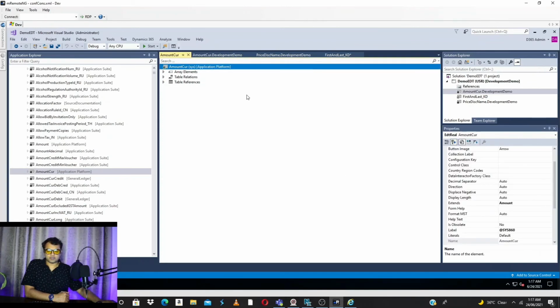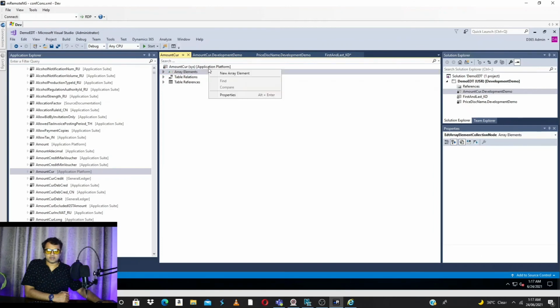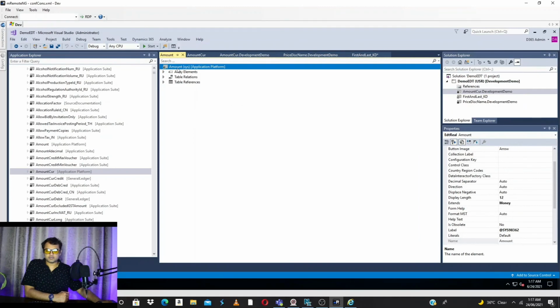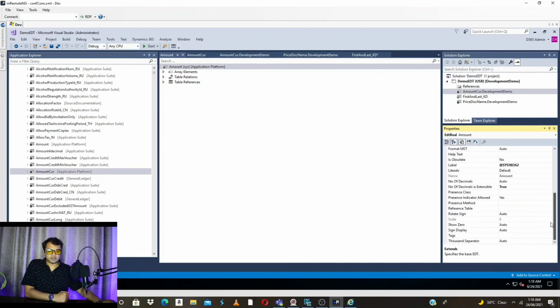Let's go to amount curve, and amount curve extends amount, and here you can see this also extends another EDT, money. Let's see whether we can change anything.